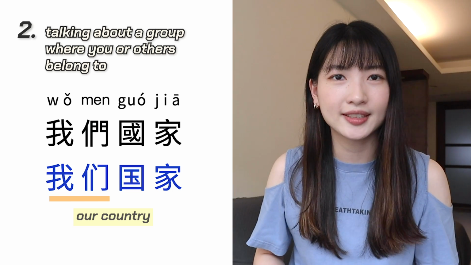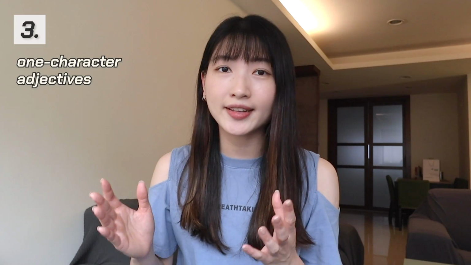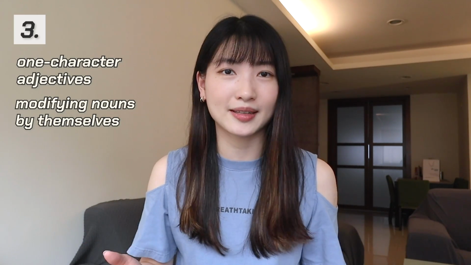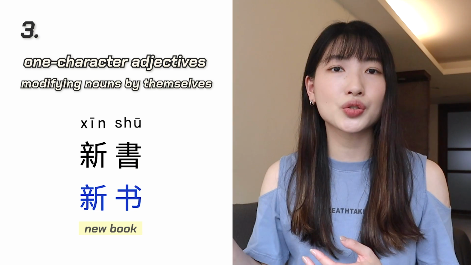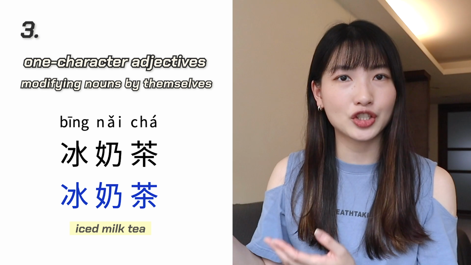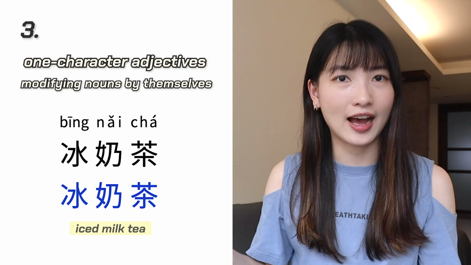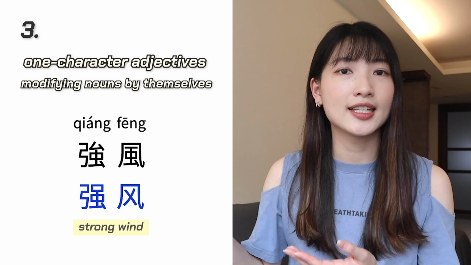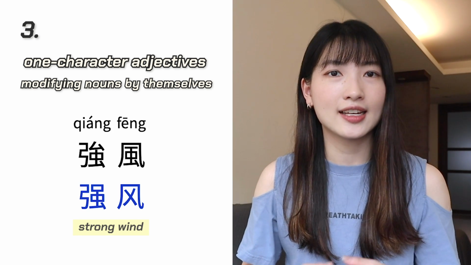When referring to a group, we tend to use plural pronouns because there are usually many people involved. The third situation where the 的 is often omitted is when one-character adjectives are modifying nouns by themselves. Here are some examples. 新书，冰奶茶，热水，强风。